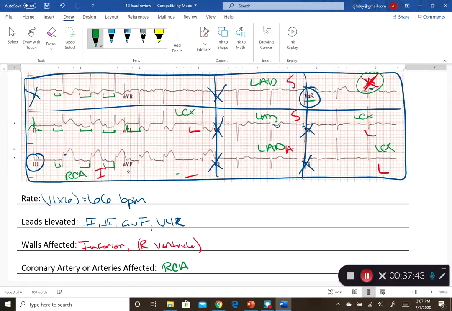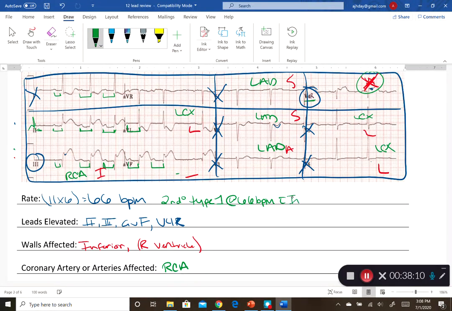Continues a little bit better. So this is actually a Wenckebach. It just has a pretty long progression. You can see the 1, 2, 3, 4, 5 progression of longer, longer, longer before we drop a beat. So this rhythm is going to be second degree type 1, a Wenckebach, at 66 beats per minute